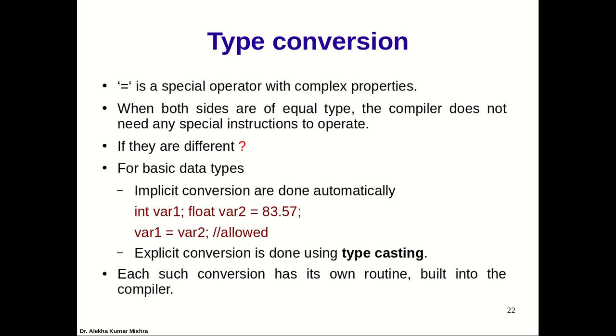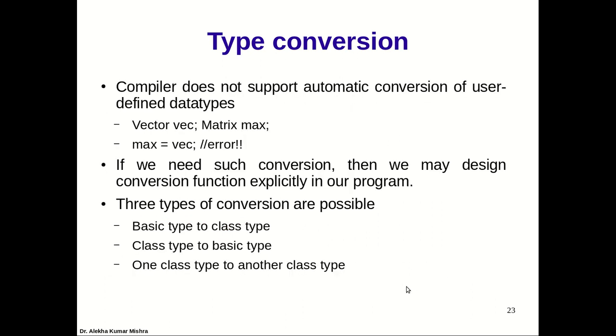Think of a situation when both are basic types. What happens? When we have an int variable and a float variable, var1 equal to var2 is allowed. Sometimes, in some cases, it demands an explicit conversion. Each such conversion has its own routine built into the compiler, but the compiler doesn't support automatic conversion